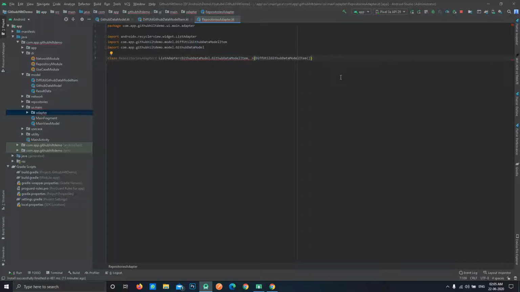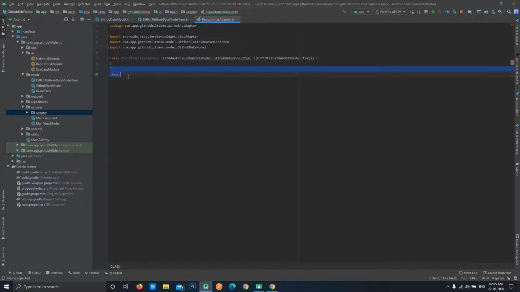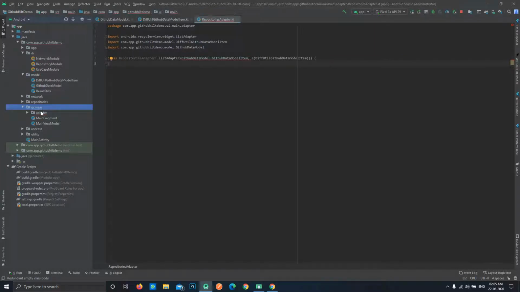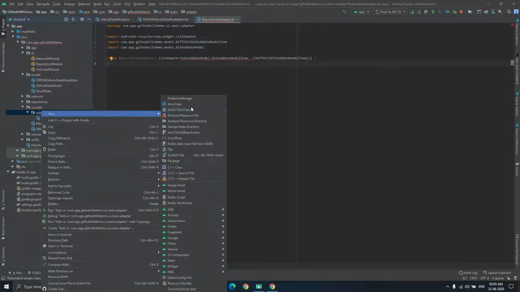Now we'll implement everything over here, but first we need to create a separate class for the view holder. You can always create this view holder, and you should actually create this class in a separate file, but in our case we are creating this inside this. No, let's create it as a separate file only, so it shouldn't confuse us.